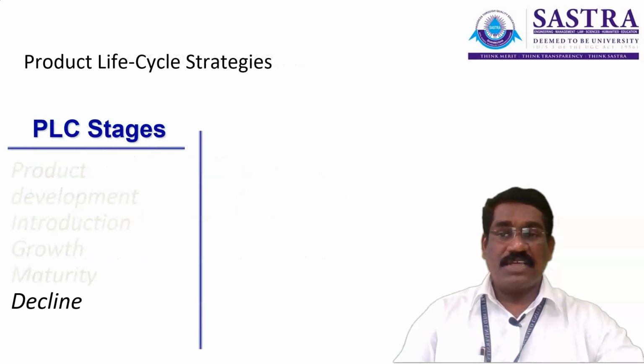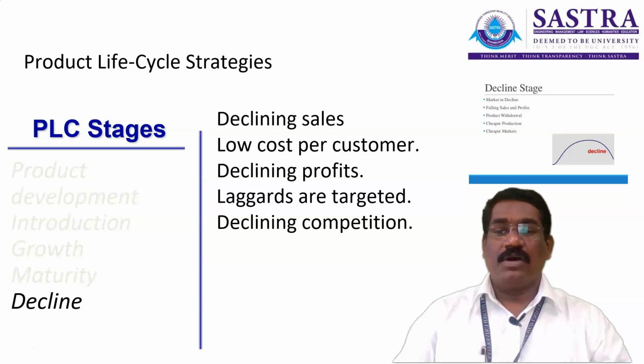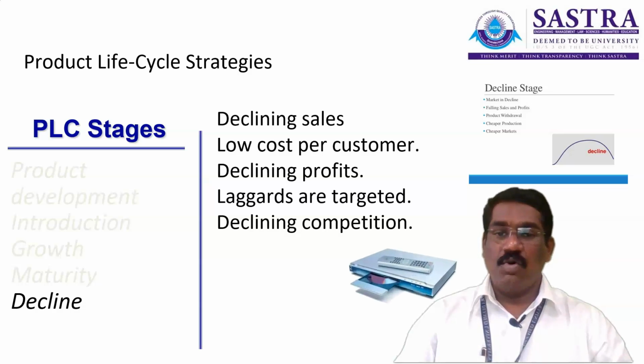And the last stage of the product life cycle, when you look at the stages of product life cycle, we call it the decline stage. Naturally, the self-explanatory meaning is that the sales are getting declined, and obviously we get low cost per customer, and naturally we encounter a decline in the profits of the